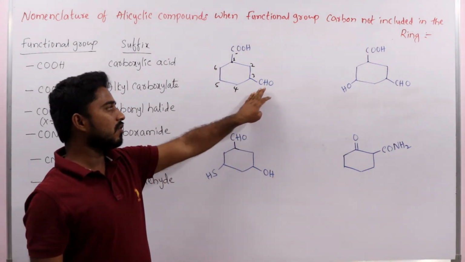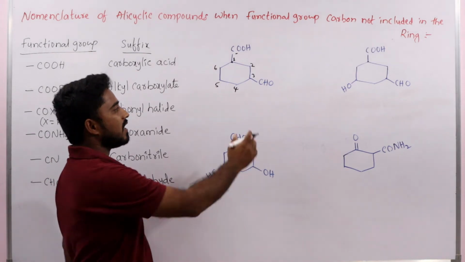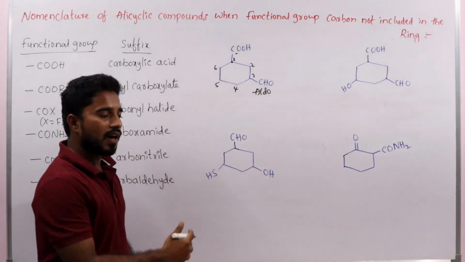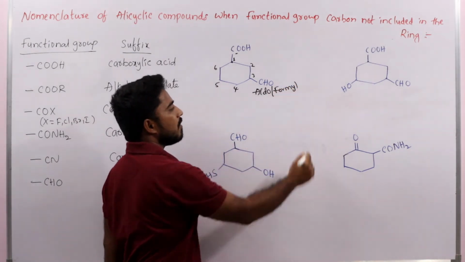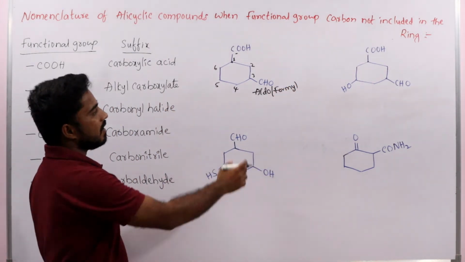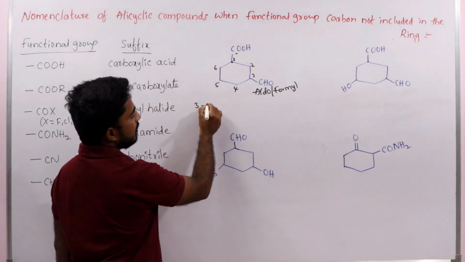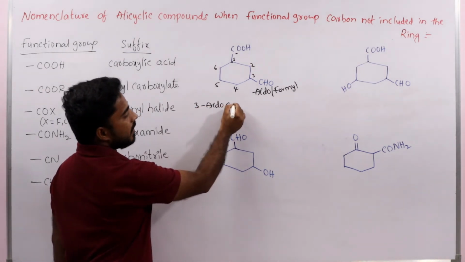So when the CHO group, aldehyde group, is a prefix substituent, then we have to give a prefix name, that is aldo, or we can also give formyl. Aldo or formyl. Then at third position CHO group is there, that's why 3-aldo or formyl cyclohexane,